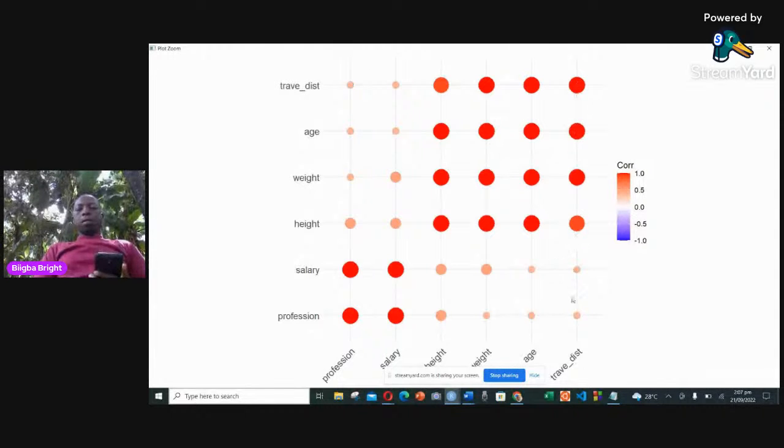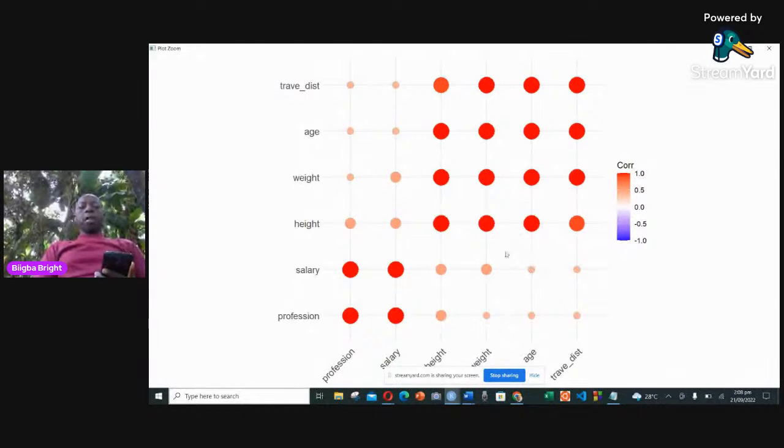So let's say travel distance and age have a strong correlation, we are saying that when you are aging, there is a strong correlation between your travel distance and your age. I'm not too sure people will have to go a long distance if they are aged. What about weight? Your weight and your profession, no correlation, or if there, quite small. But your weight and your salary seem to have a little more correlation than your weight and your profession. So that's how we interpret it based on the density of the color,